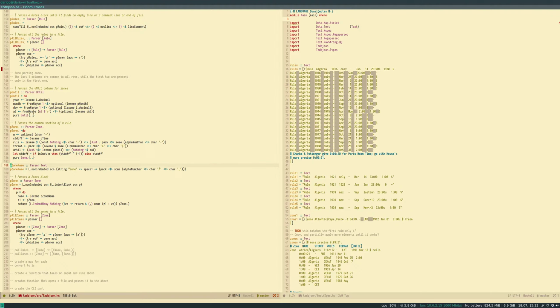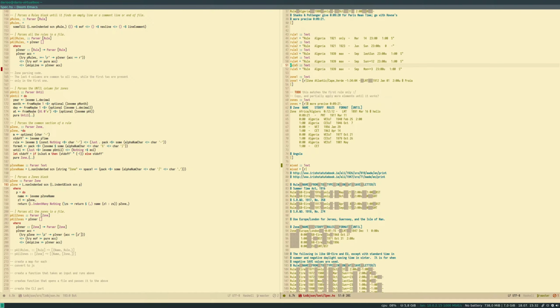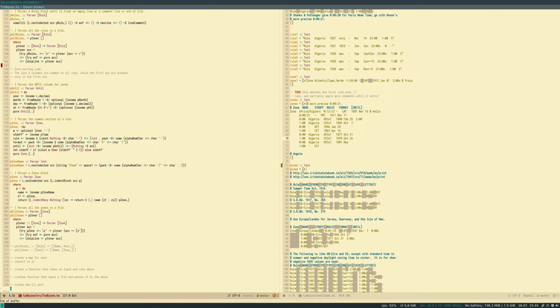Then I did the same thing with the zone. So I already had this parser, which probably is a little easier because zones are an indented block. So once I had this working, it was pretty trivial, also copying the previous implementation from my rules. So just another recursive function which tries to parse the zone. If it's the end of a file, it returns a result. Otherwise, it just skips the line. And this kind of works. So, yeah, big progress. We have something that's almost working.